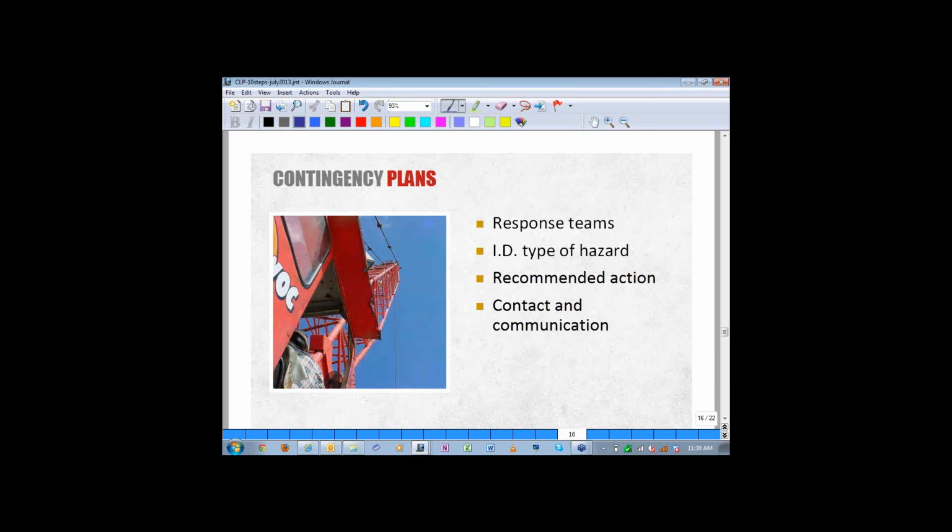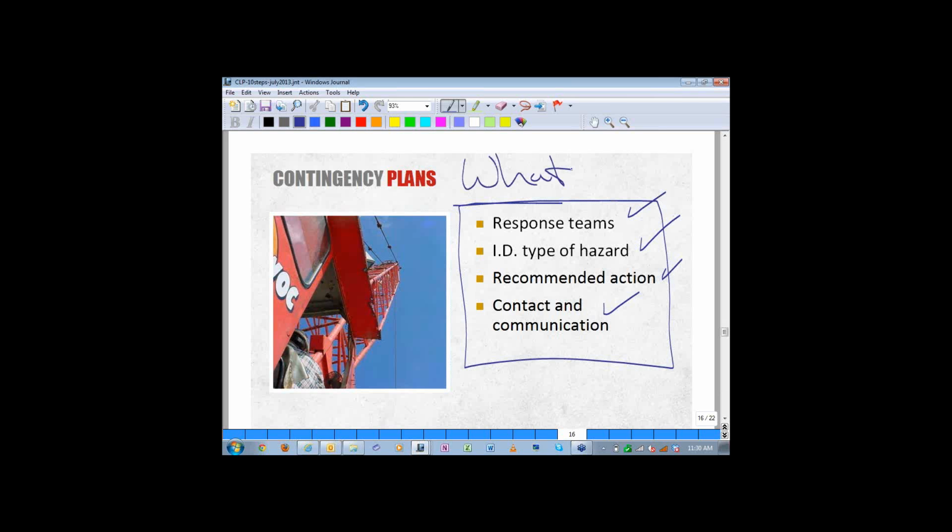Okay, number 8, we're about done, and number 9 here, contingency plans, and these all get down to response teams. Identify the types of hazards, what's the recommended action, and contact and communication. You can only control so much, and I think this is an area where you can get really bogged down. I know Intel used to have commercials out there that asked this big question, what if, always looking and exploring the possibilities. But by the same token, you handle what is predictable,